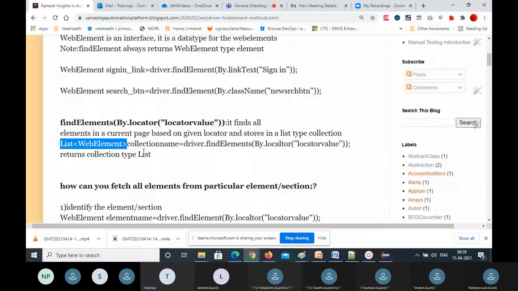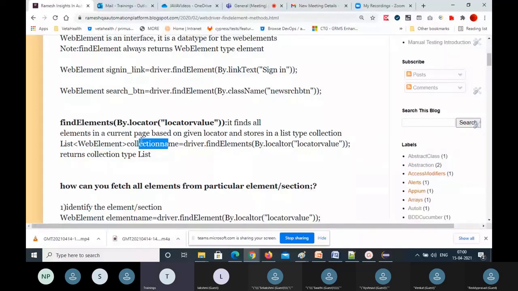The findElements syntax: it finds all the web elements based on the given locator. That means the locator which is going to match many elements. So the same locator is going to match many elements. Then all those elements will come and be stored in the list collection. The main purpose of a collection is what? Storing many elements, right? However many are dynamically coming, all of them will be stored in the collection. So that list collection type is List<WebElement>. This is the data type of the findElements return type. findElements returns a List<WebElement>. This is the data type.